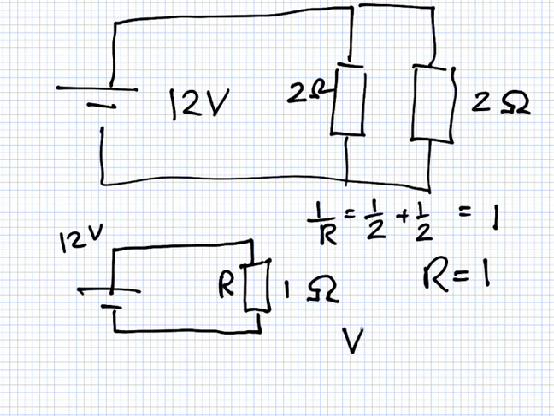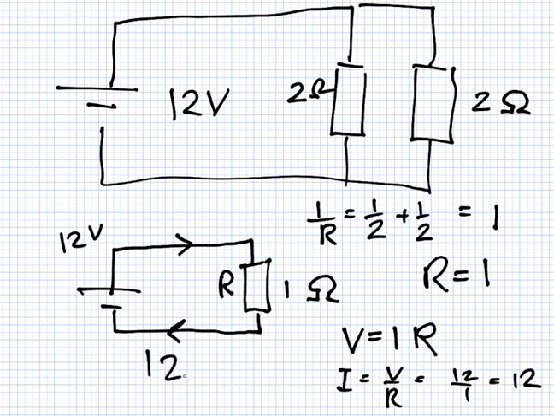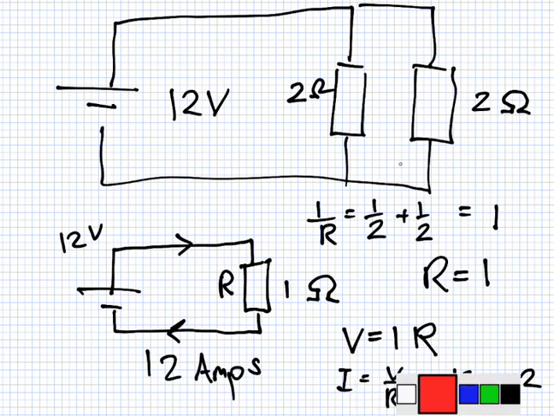Now if I use V equals IR, what am I looking for? What I want to get is the I. So then I equals V over R, which is 12 over 1, which is 12. So here is 12 amps. Is that okay? Now what I want to do next is get the current in